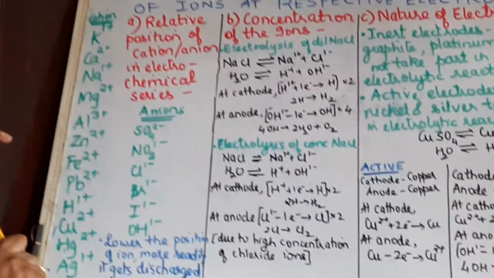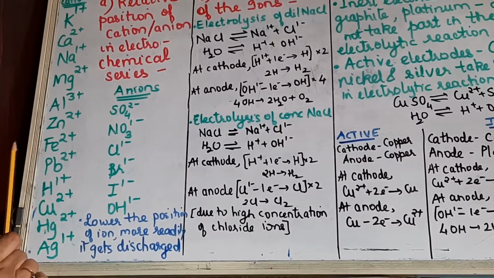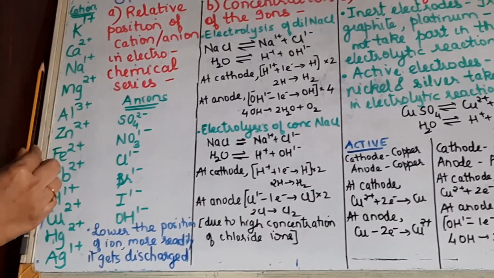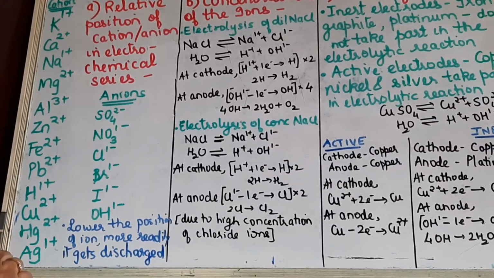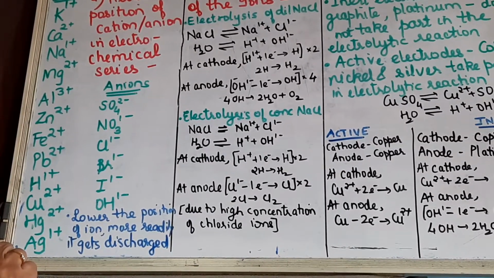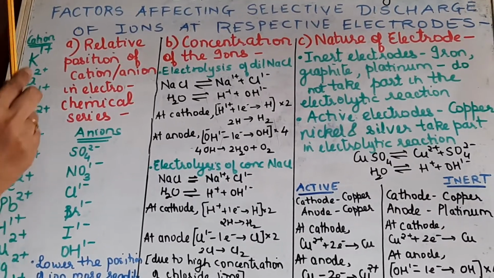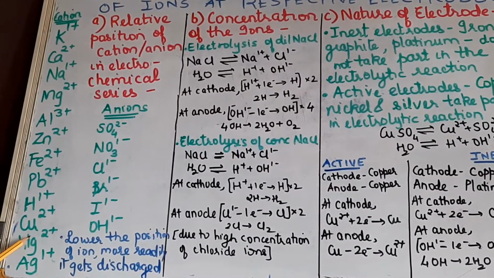Now you are aware of the activity series of metals. So this is the electrochemical series. The only difference is that the positions of calcium and sodium have been interchanged. The rest of the series is the same. As per the activity series, you know that the metals which are highly reactive, or most metallic in nature, are placed at the top, and the ones which are less reactive are placed at the bottom.